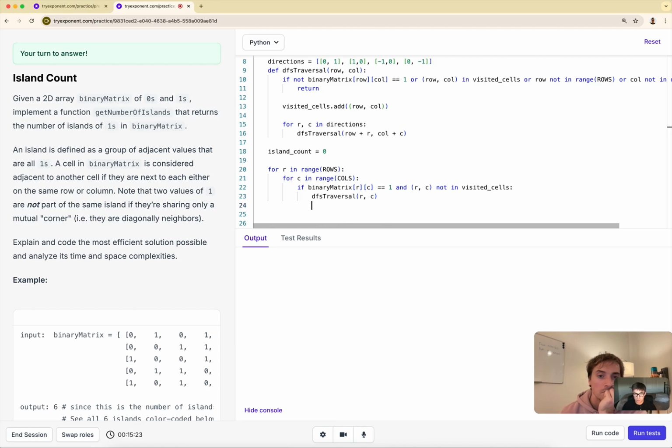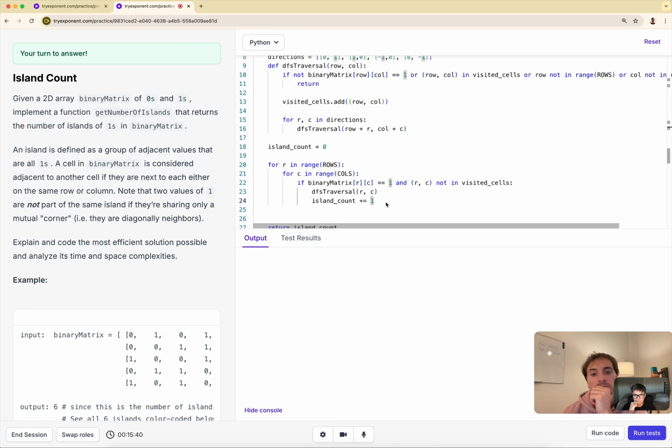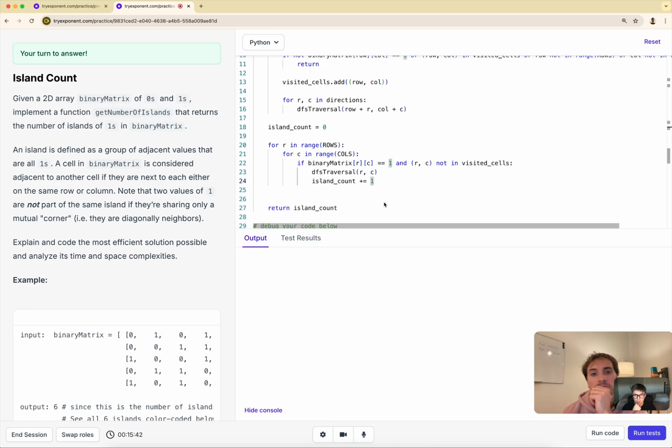And then I could increment the island count, because that would mean that we've now begun traversing through an island. Let's see, so if it's not in visited DFS,